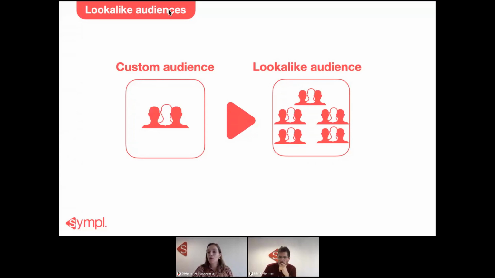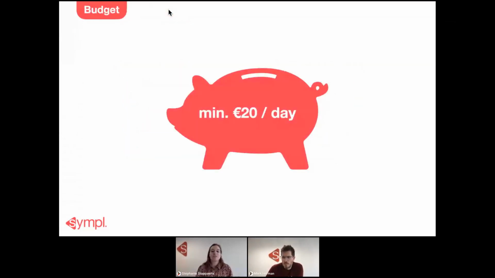All right. Now, how much budget do you need to provide to run advertisement on TikTok? The big question. Well, you have to have a minimum of 20 euros a day. This is 20 euros per day on an ad group level. You can also set up a cost cap on the campaign level, but that needs to be minimum 50 euros. So the minimum budget that you need to provide for TikTok is 20 euros, but then you only have one video, one targeting, etc.